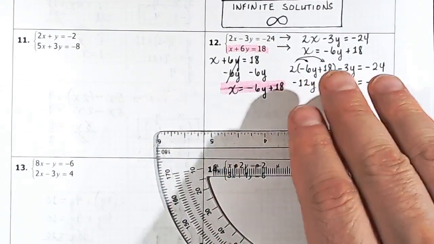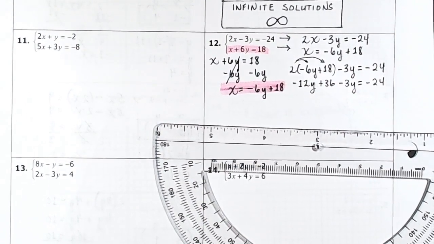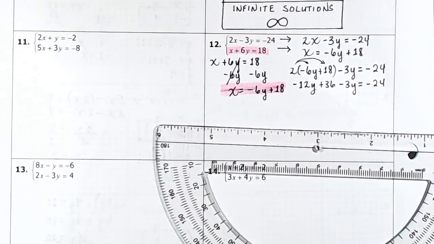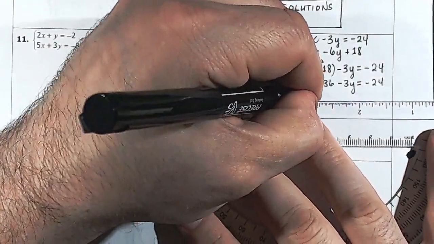Okay, now if you couldn't do the previous step, try to do it from here. Combine like terms on the left side. You have negative 12y and negative 3y. They can be combined. So what is negative 12y minus 3y? You're going to have to subtract a negative from a negative, making it a greater negative number. So negative 12 minus 3 is negative 15. So it's negative 15y. So what we're going to do is write negative 15y